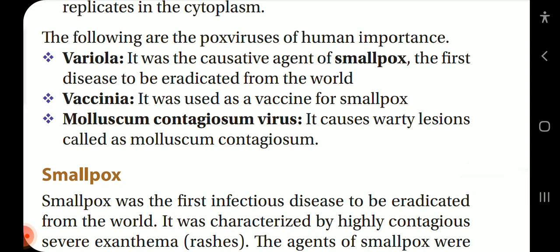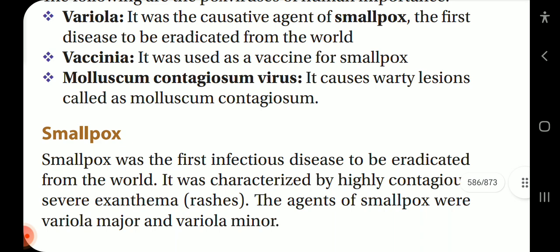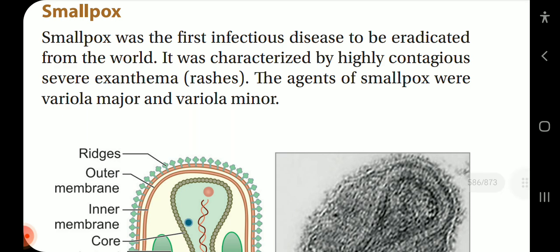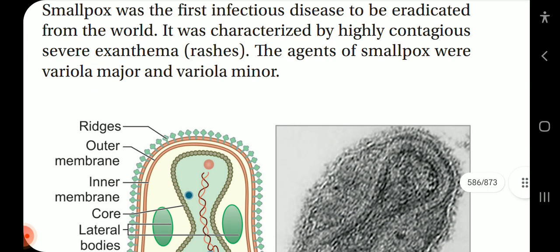The following are the pox viruses of human importance. Variola was the causative agent of smallpox, the first disease to be eradicated from the world. Vaccinia was used as a vaccine for smallpox. Molluscum contagiosum virus causes warty lesions called molluscum contagiosum. Smallpox. Smallpox was the first infectious disease to be eradicated from the world. It was characterized by highly contagious severe